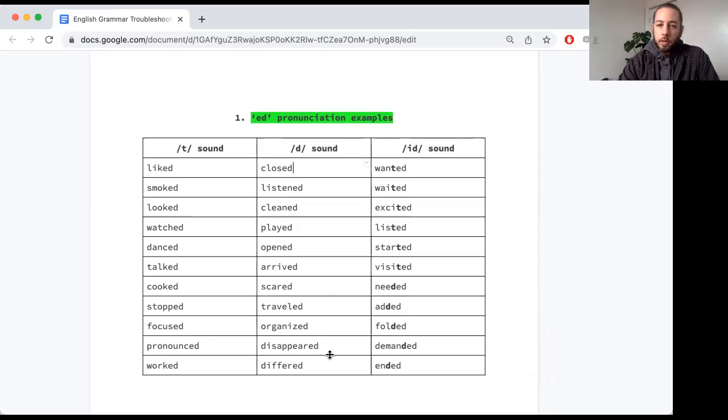The middle column you'll see is quite similar to that one, only instead of the T sound, like liked, you have something of a D sound, closed. You're not exactly saying closed, but it's close enough. You could say either one of those and it's really not a big deal. So this one is closed, listened,